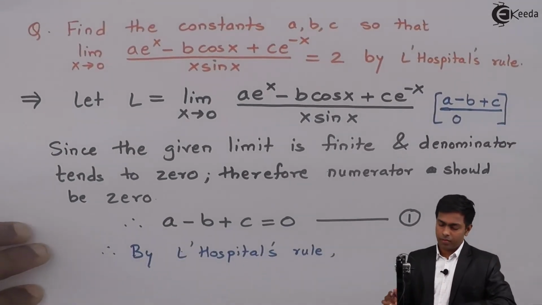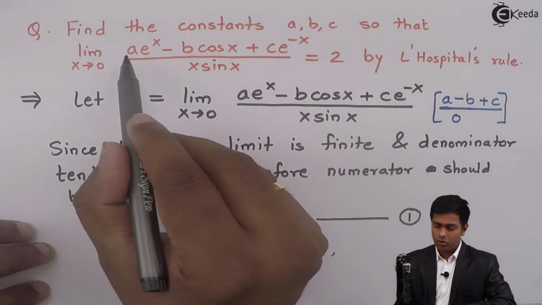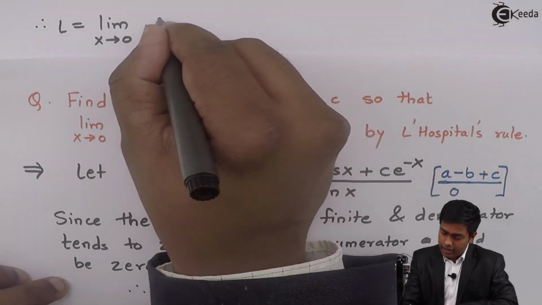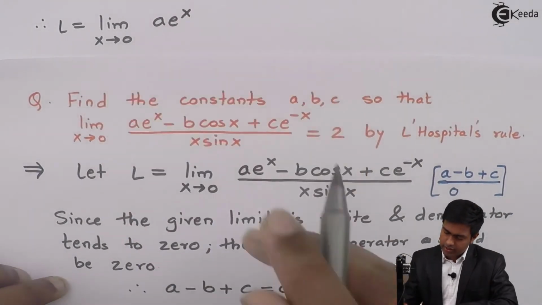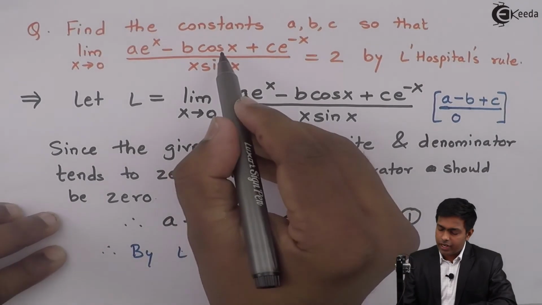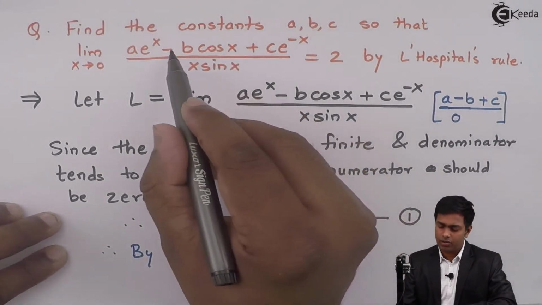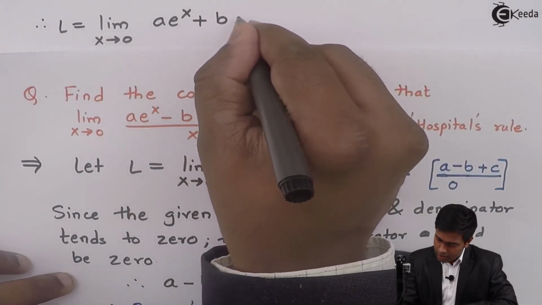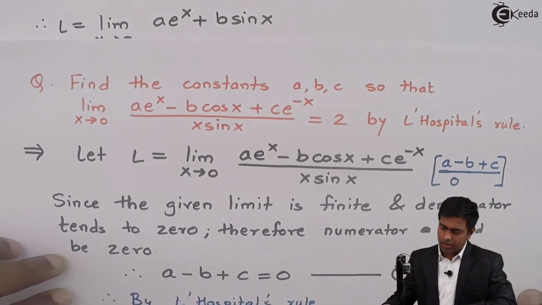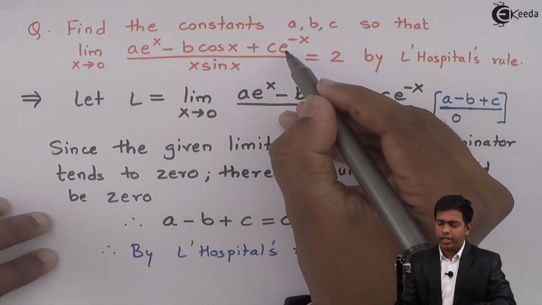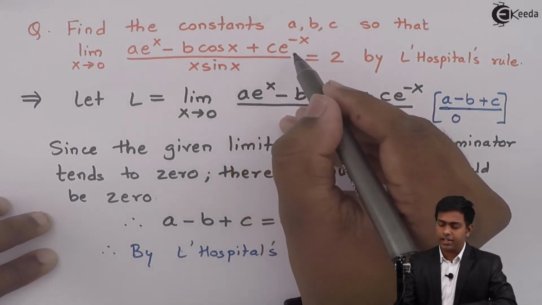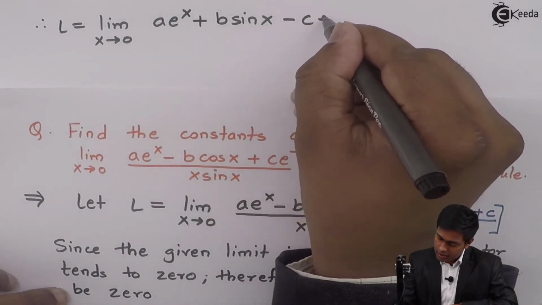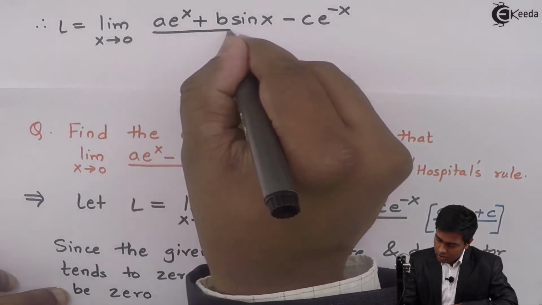Let us observe the derivative of the numerator. So, a as it is, the derivative of e^x is e^x, so here we will get a e^x. Next, the derivative of cos x is −sin x, so this will become plus b sin x. Next, the derivative of e^(−x) is −e^(−x), so this will become minus c e^(−x), upon